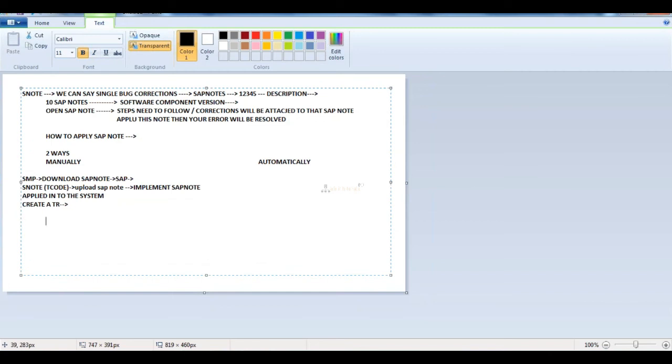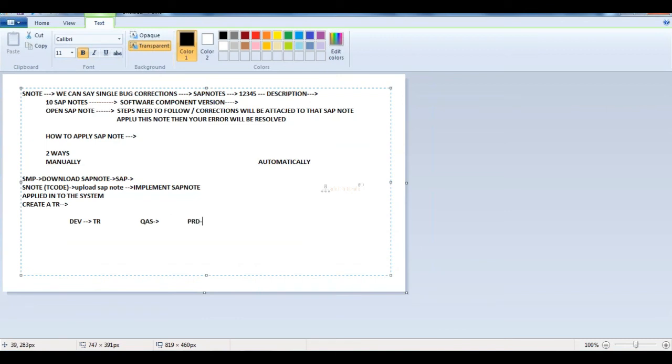In a real-time scenario, whenever you are applying an SAP Note, we need to apply it in the dev system first. In the dev system, when we apply, it will ask you to create a transport request. Next time, if I want to apply this SAP Note in the quality system, there is no need to follow those steps again, whether manual or automatic.